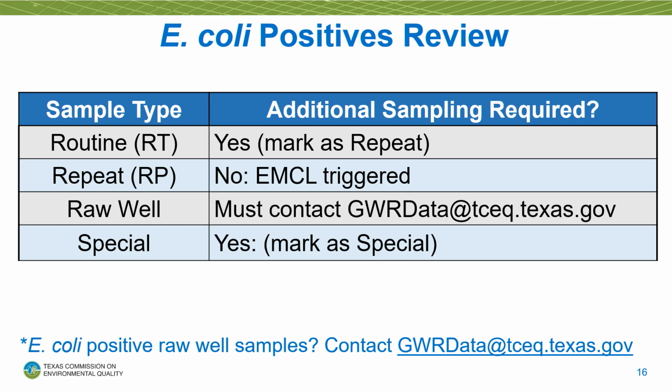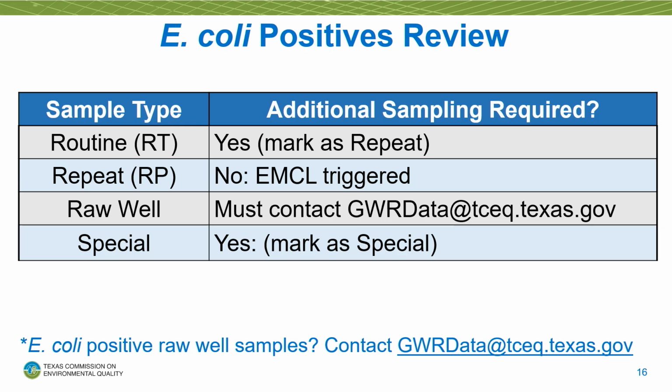E. coli samples, again, like I said, all routine positive samples, that includes E. coli, require repeat sampling, and these will be marked as repeat on the form. If you collect a repeat E. coli sample, no further sampling is required, and an EMCL, or E. coli maximum contaminant level, will be issued to the system, and we'll discuss in the next few slides on what